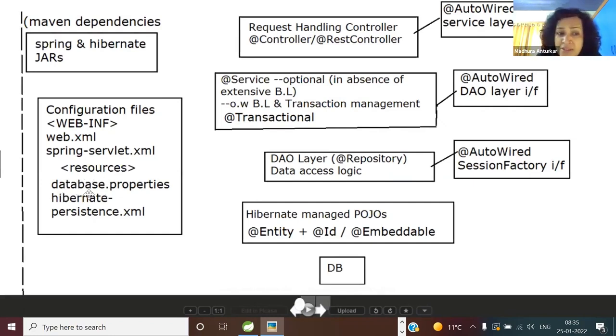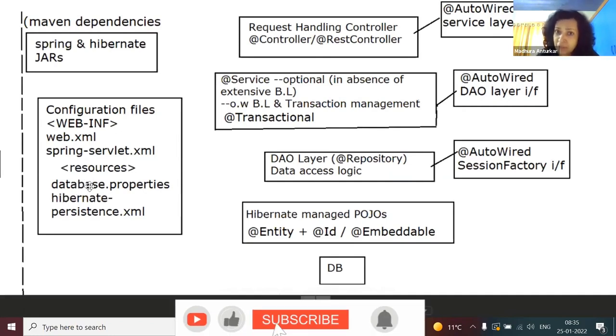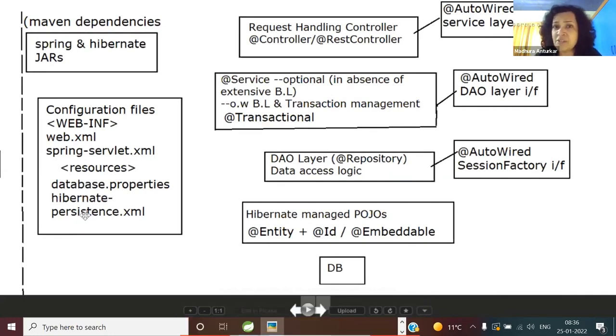So we will configure something called a database property file. The Spring container will look into this database property file, and there are Hibernate configuration files, Hibernate persistence and all that. And who is going to create this singleton, immutable, thread-safe session factory? Programmer in a Hibernate utils type of layer, or Spring container? Spring container. And just creating the session factory is not the only thing. It will make it available when you demand.